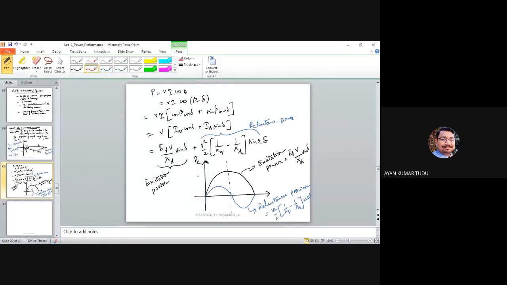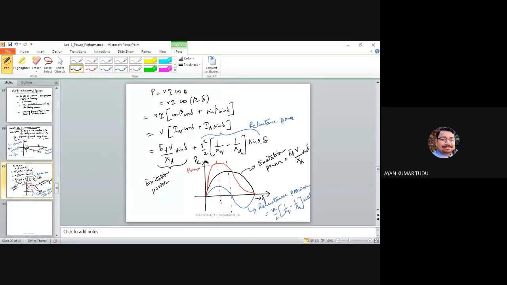So what is the resultant of these two? As you can see, the resultant of these two is something like this. This would be the resultant power, and see the maximum power. The maximum power that is obtained for this salient pole synchronous generator is quite high compared to our excitation power. And obviously this angle is our delta value here.